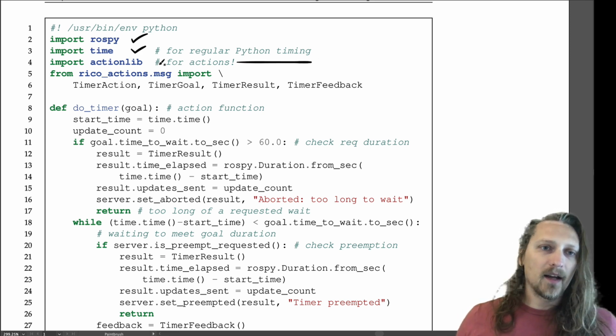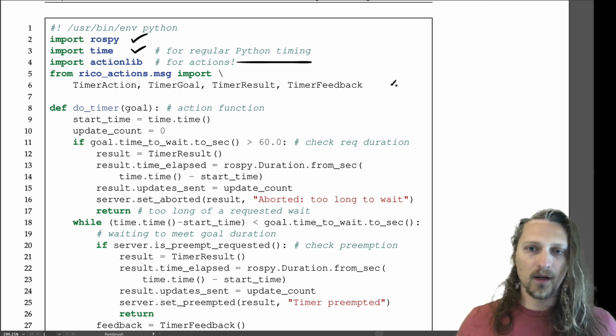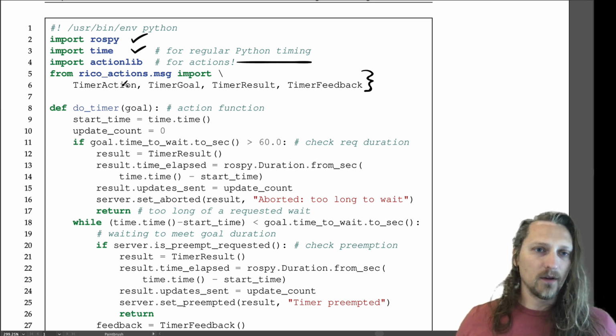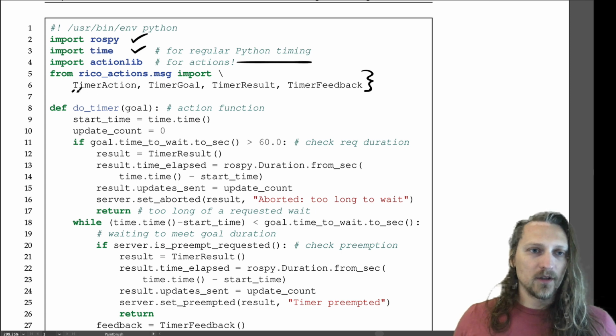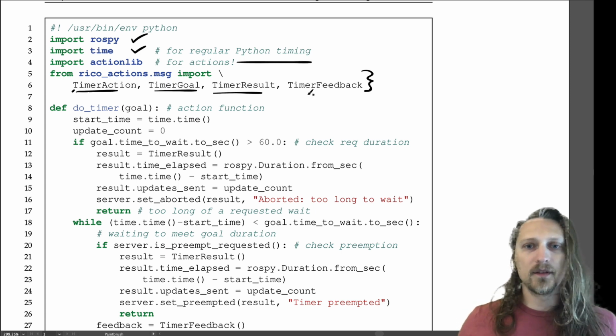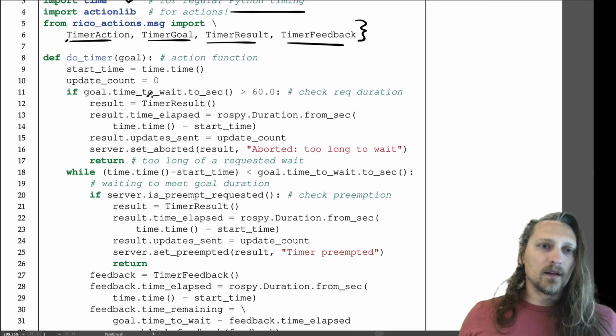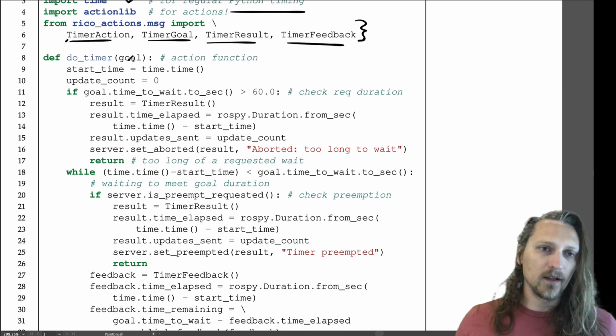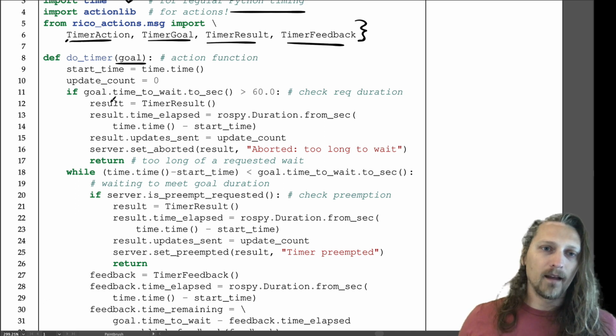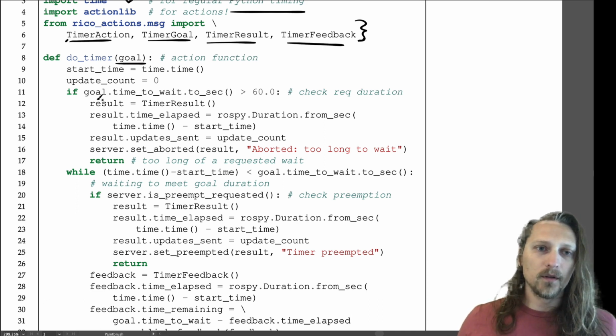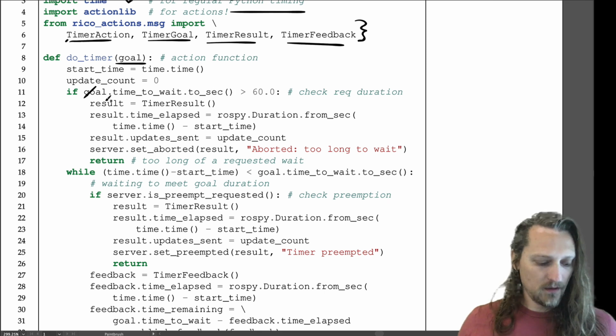And we need to bring in actionlib, and then we need to import our action messages. So we've got TimerAction, TimerGoal, TimerResult, TimerFeedback. Those are the 4 message types. Here's our do_timer action function, and it takes an argument of goal. So we'll start the timer, essentially. We'll initialize the count, and then we'll check the goal to see is